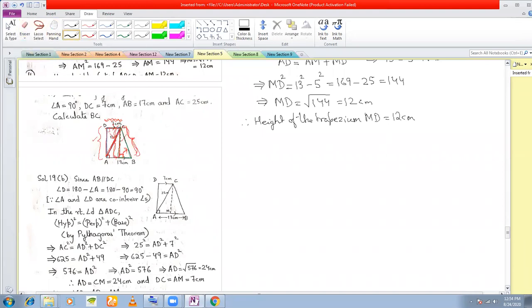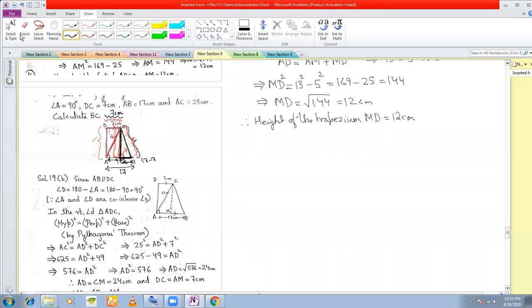See that this entire length is given to you, right? This entire length is given to you as 17. And this length, how much do you know? This length you know as 7 centimeters. So this length, if I call this point M, that means you know this length as 7 centimeters, right or wrong? Yes, sir. That means you can calculate MB. This length, this is 17 minus 7. So in this right angle triangle, you know this length, you know the base, you know the perpendicular, so you can calculate the hypotenuse.